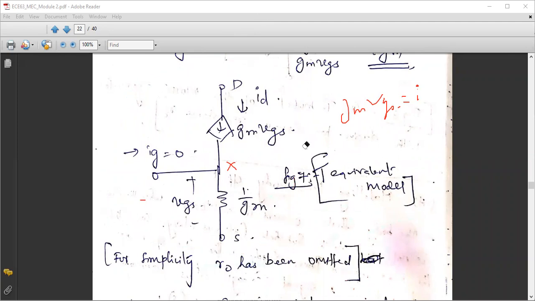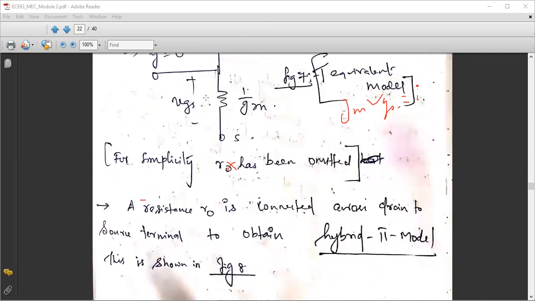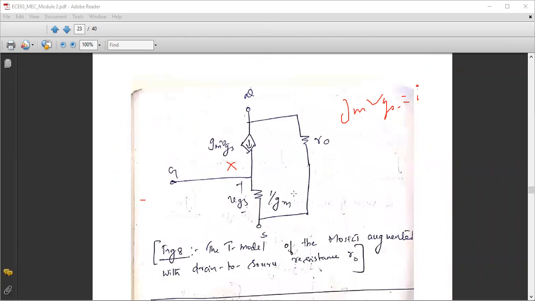Coming to the last step, if you want to consider r0, what I have to do is connect that resistance between the drain and source. Please recall the concept of r0. r0 was the ratio of the Early voltage VA divided by ID, where VA is due to your channel modulation effect. That is the reciprocal of lambda, where lambda is the channel modulation constant. Yesterday we have already discussed. Because of that non-uniformity in the channel, we got a resistance r0, which is internal to your transistor between drain and source. So that is also considered over here.